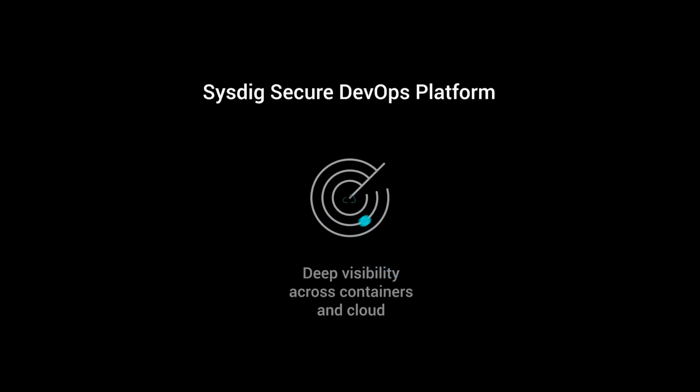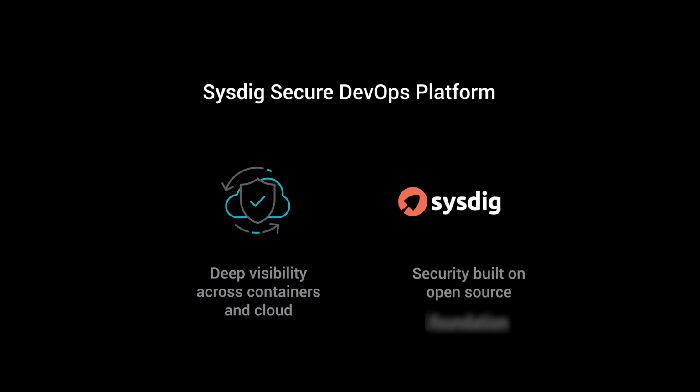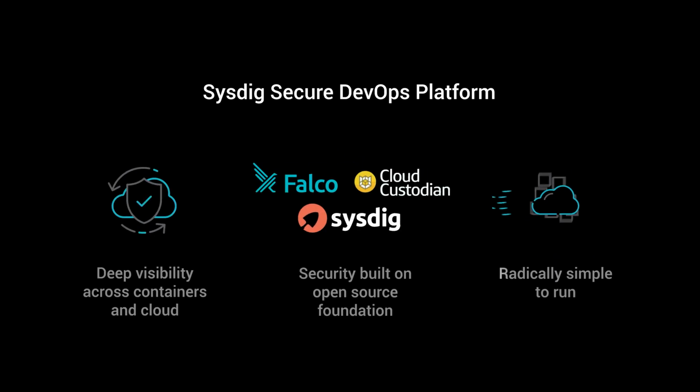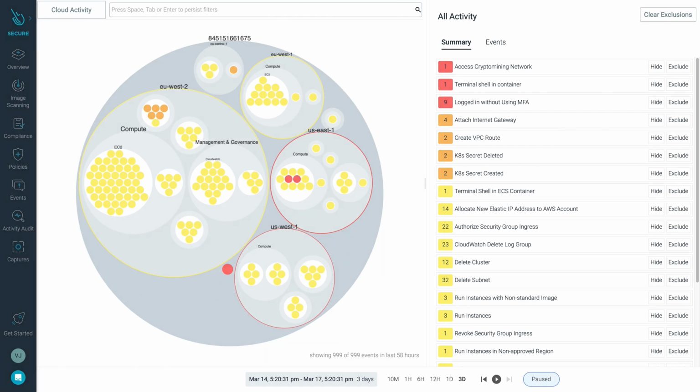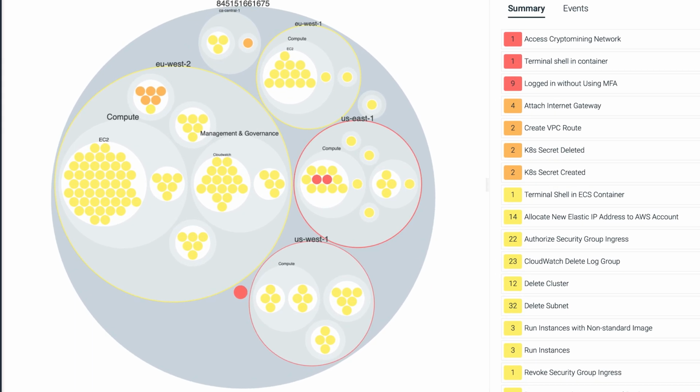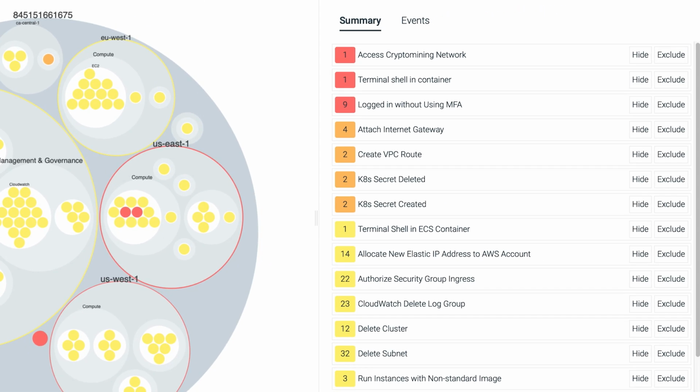This is how Sysdig provides the visibility you need to confidently run containers, Kubernetes, and cloud. Inside Sysdig, you get a unified view of your cloud and containerized infrastructure, along with any abnormal events and activities happening in your environment, showing the security posture of all your cloud assets and containers, and a summary of security events prioritized, allowing you to focus on what's most important.